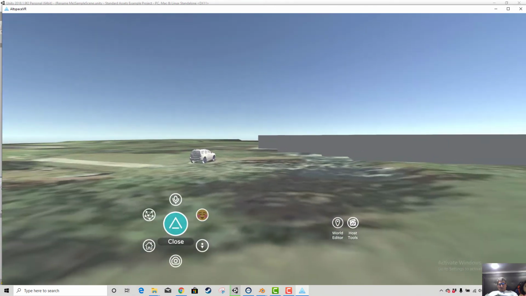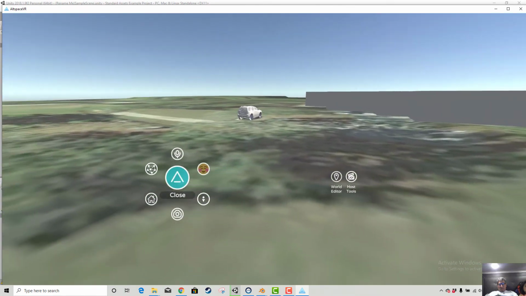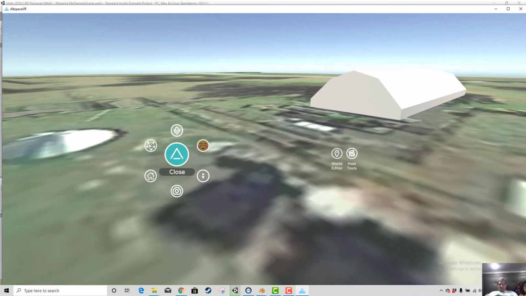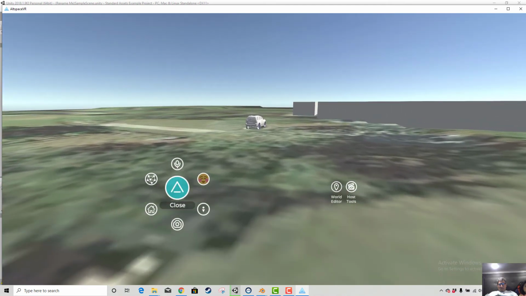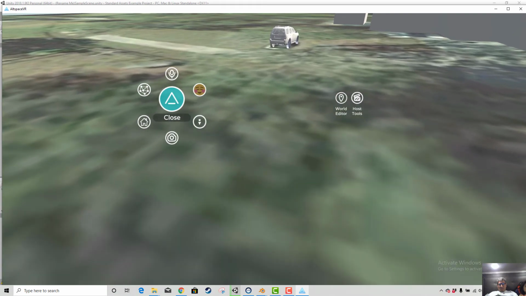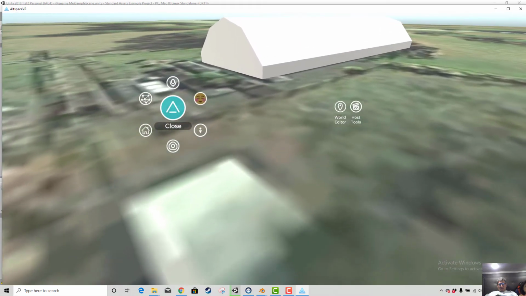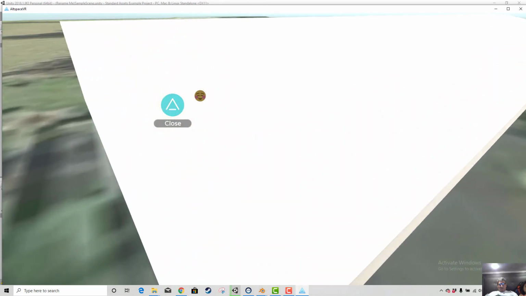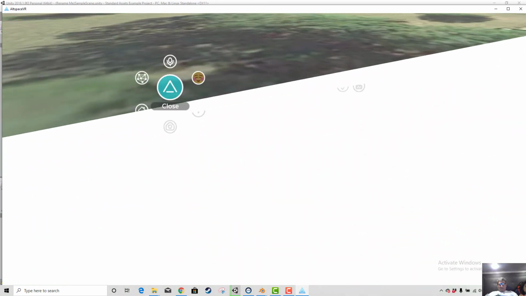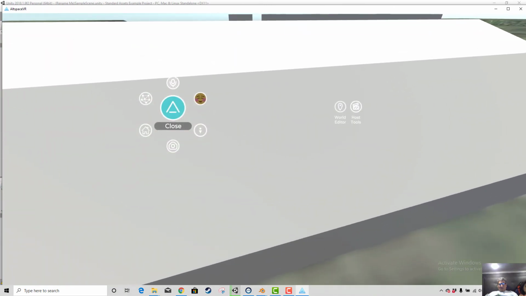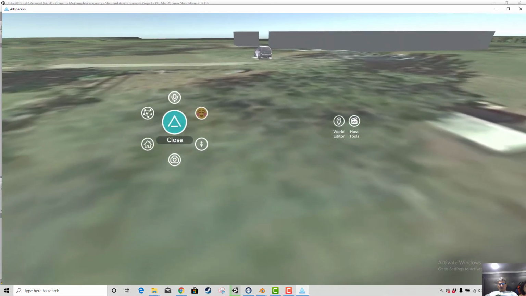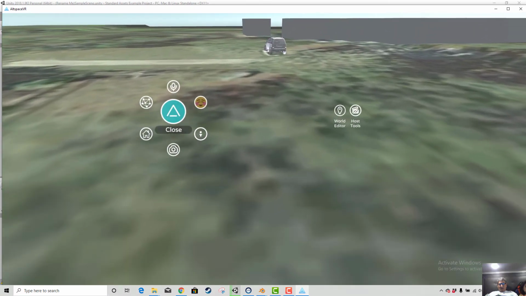Okay. So the car is there, but where is the windmill? It's like the windmill never made it in. The car made it in, and this made it in. But no windmill. However, it is interesting that it looks like the collision for this did work because I can't seem to collide with it. Whereas when I go to the car, which I did not put any collider in,